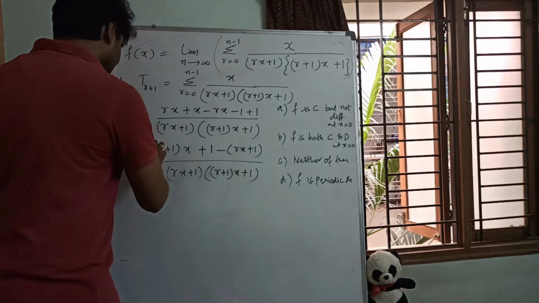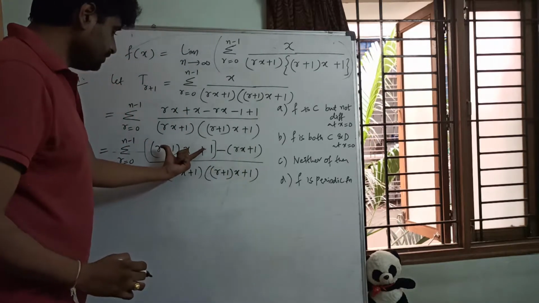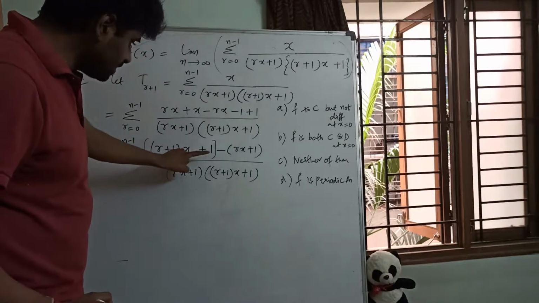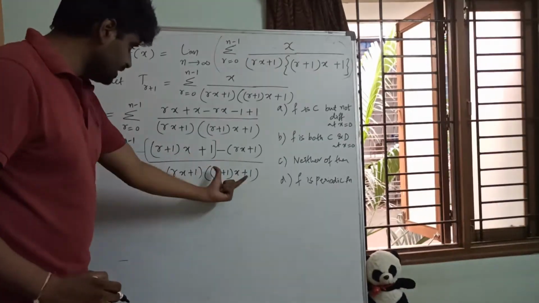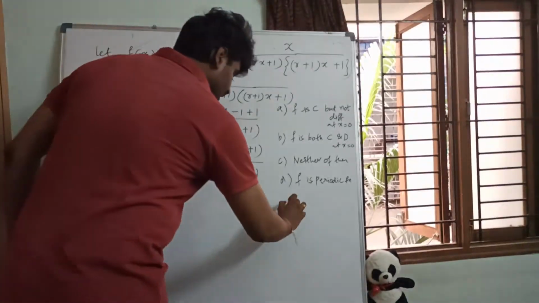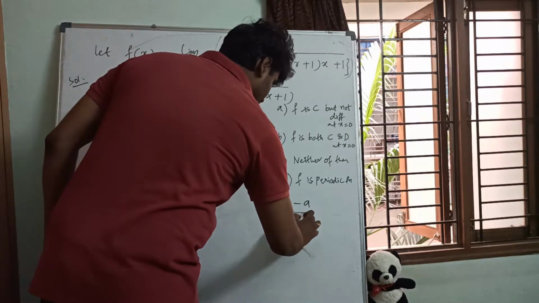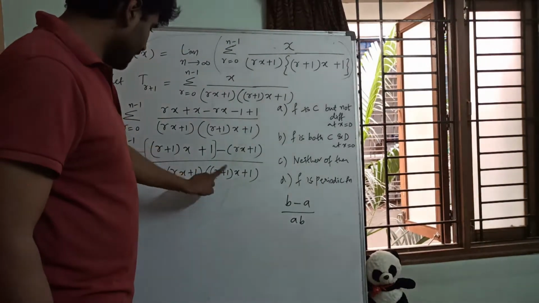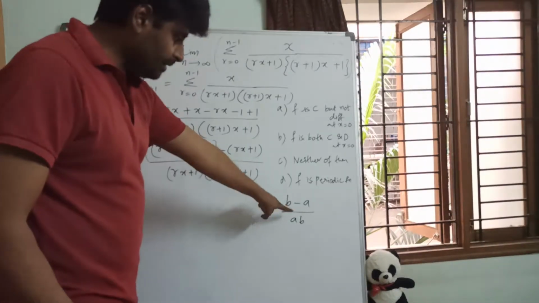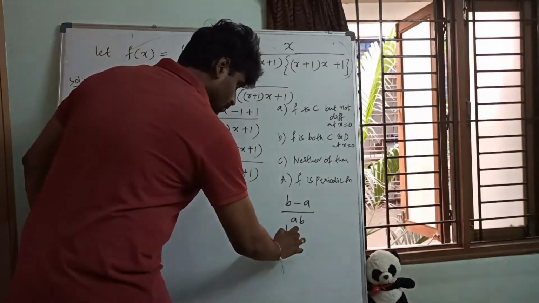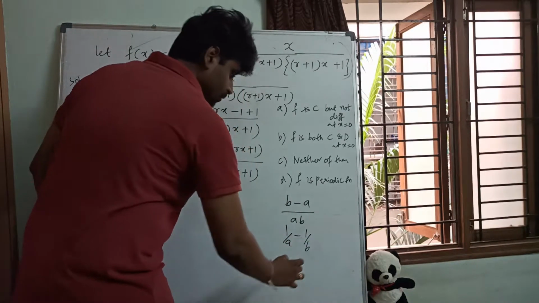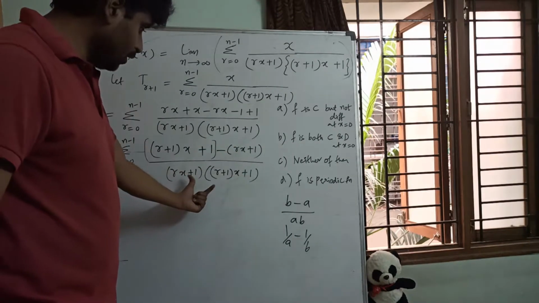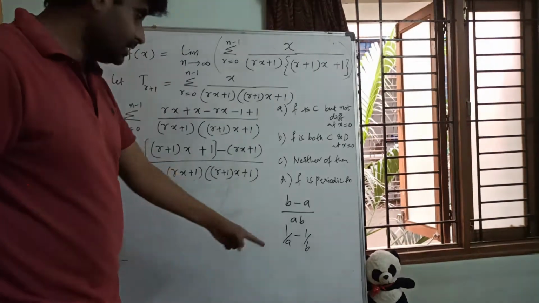See here? Just try to observe this. This term minus this term. Same terms are there in the denominator also. This term is there, this term is here. That means it is like in this form, b minus a by ab. So how can I write b minus a by ab? If we split, 1 by a minus 1 by b, hope you understand? Correct or not? So second term minus first term by product of those two terms. So we can write like that.